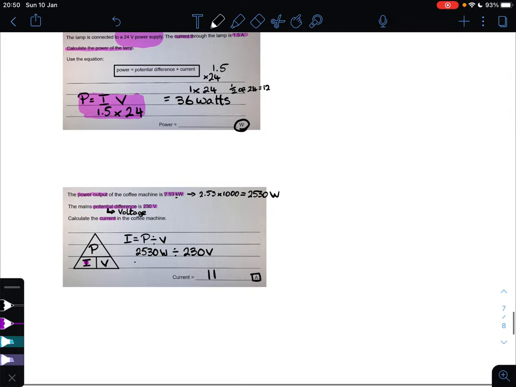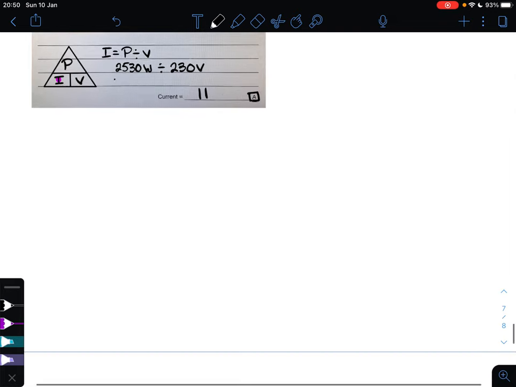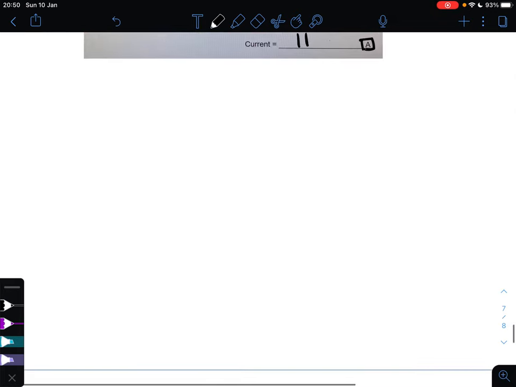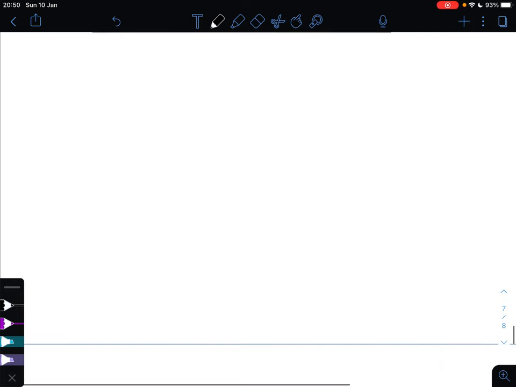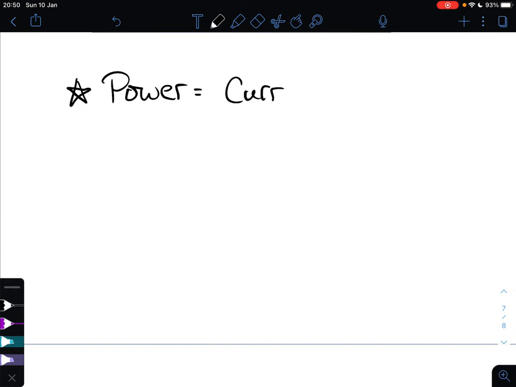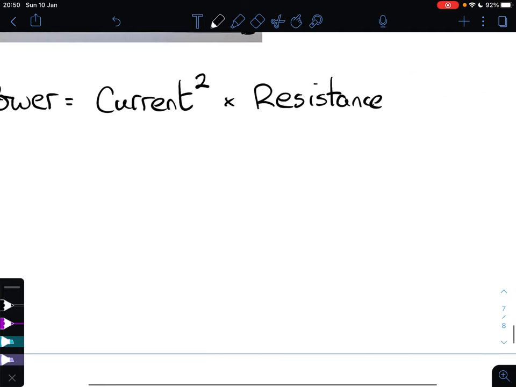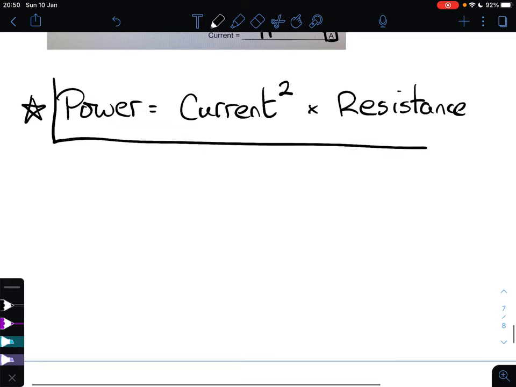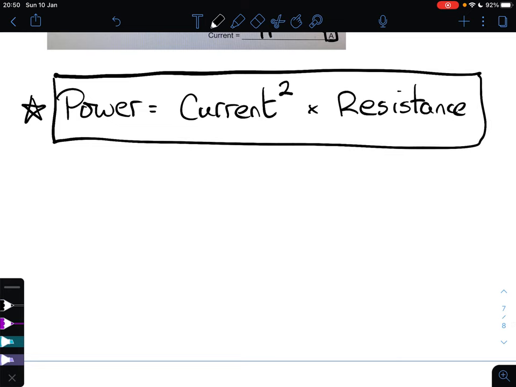Now, I said there was 2 equations. The second equation comes up now and again. It's a bit trickier to spot, and it's this. I'll just give you it straight. Power is equal to current squared times resistance. Okay, put it in a box. It's a really important one. It usually comes up more on the higher paper,